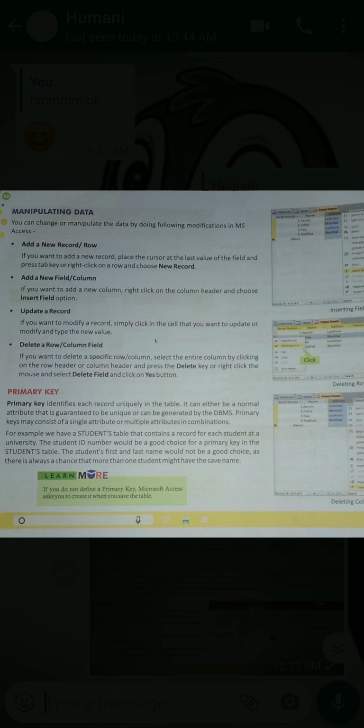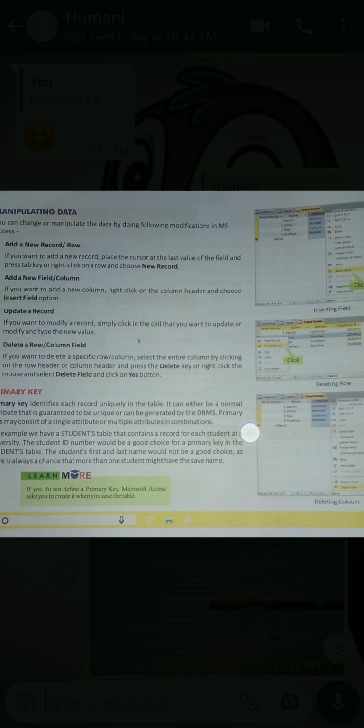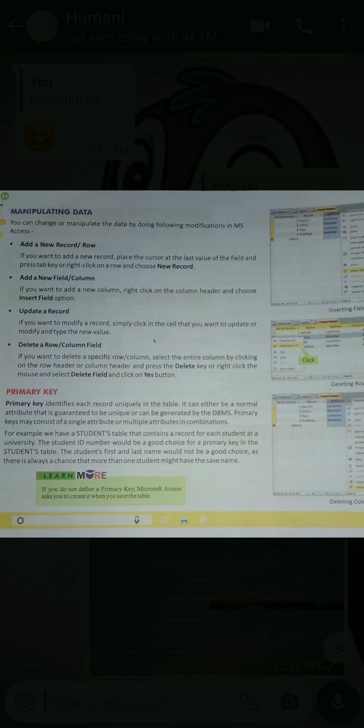If you are making a record of people in a colony, so you are writing the name, address, and the job they are doing, and email address. So email address itself is unique. So if you are making a field or column, a field record that is email, that must be unique. So you make that primary key. Through that primary key, you can search the name of people.